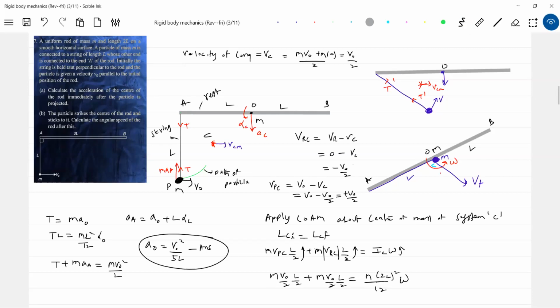Why VF? Okay, though the system is having some final velocity, the translated motion due to center of mass will intersect the axis of rotation. VF will intersect the axis of rotation. So therefore that will not come into the picture. Anybody have omega? It is V naught by 12.